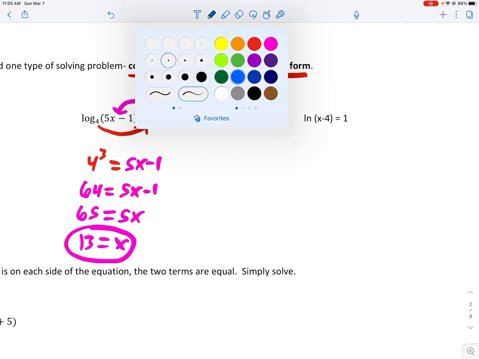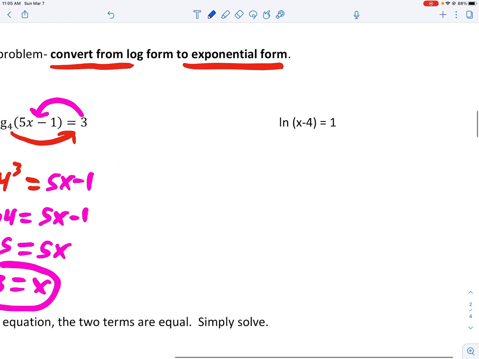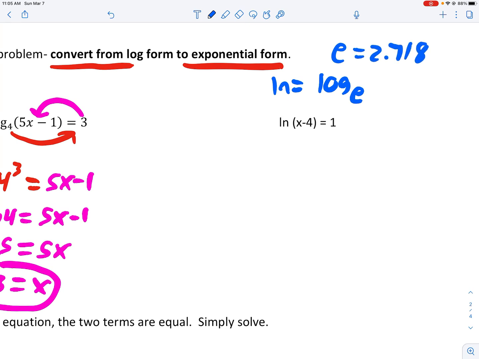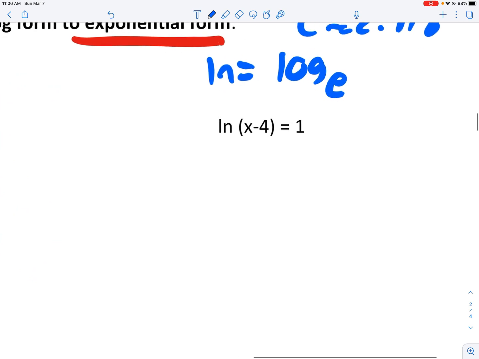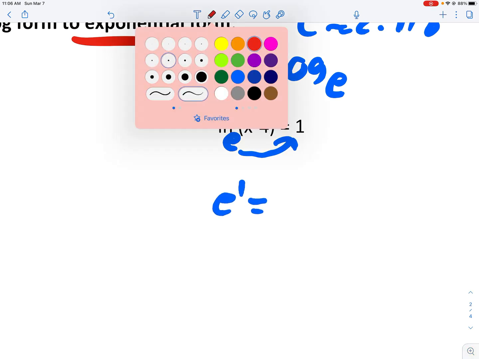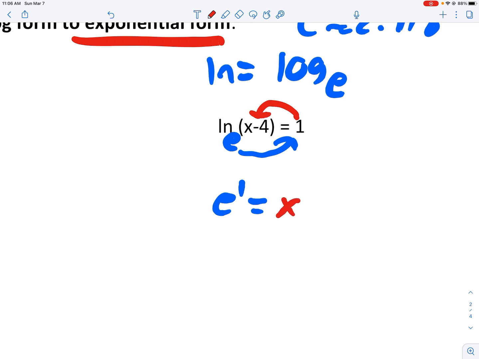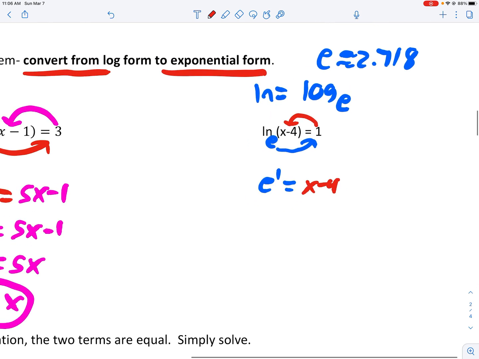Okay, so now I see ln. Remember, when you see ln, ln is log base e. Remember, e is equal to 2.718. It's like pi. We're going to use 2.718. E just represents a number, right? Just like pi does. So if you want, you can just put base e here. So e to the 1 is equal to x minus 4. So add 4,